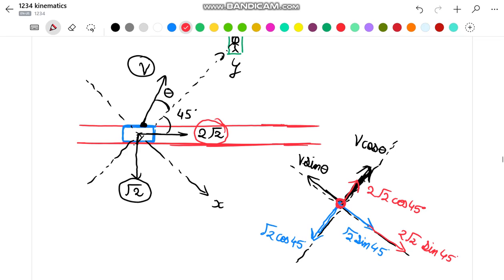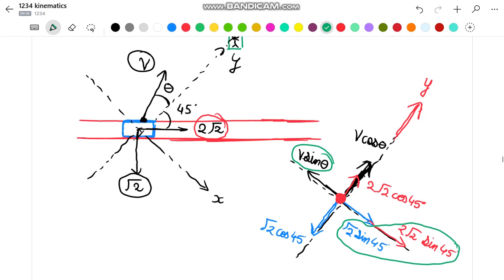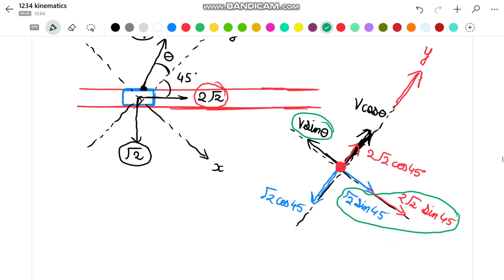We now want the resultant of all these velocities to be along y direction. Since we want the resultant to be along y direction, that is directly aiming towards the enemy, this is only possible if the x components of all these velocities cancel each other. That is, we can say that the value of v sin theta has to be equal to the sum of these two velocities. So from here we can write that v sin theta should be equal to 2 sin 45 degree plus 2 sin 45 degrees,